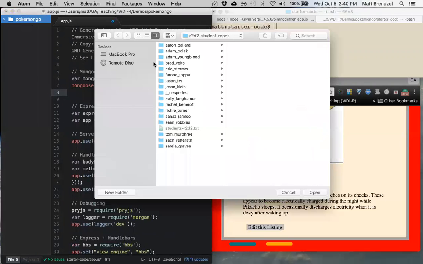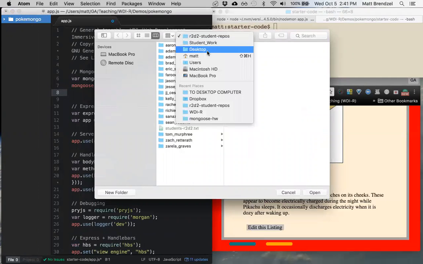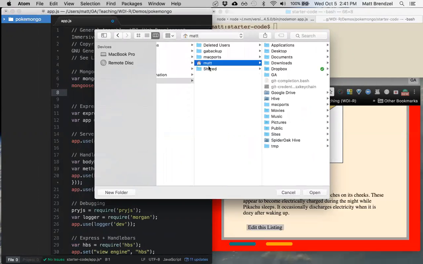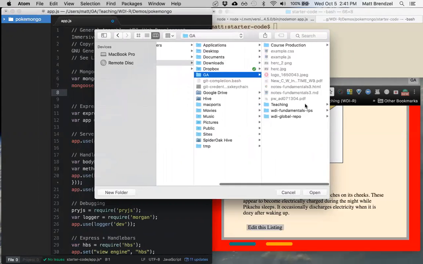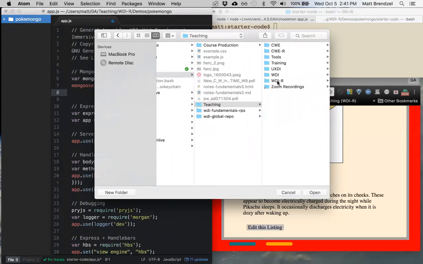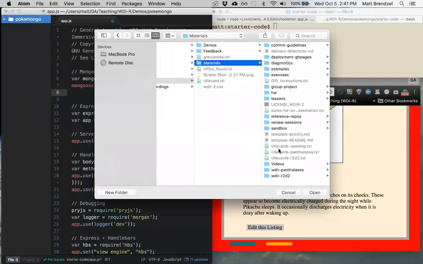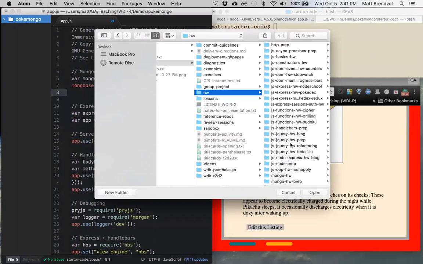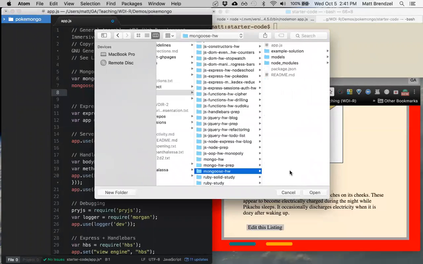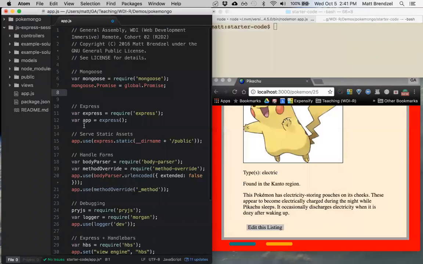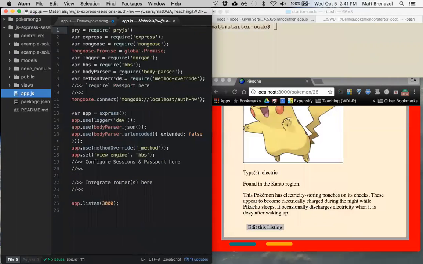Let's use a reference for that. How do we connect to a database? So I might want to pull up an example in case I forget. Actually, the auth one's probably better. There is express sessions auth. Okay, perfect. So in that case, if I looked at app.js, I wanted to have mongoose.promise,